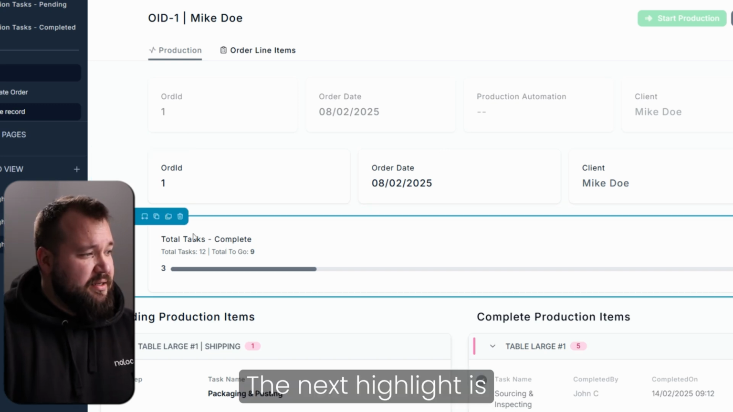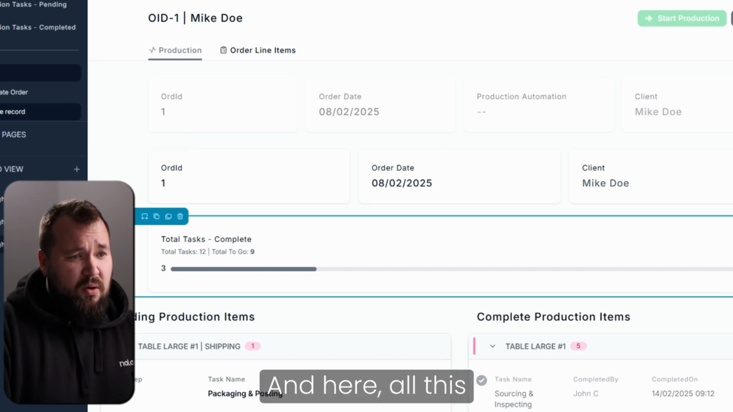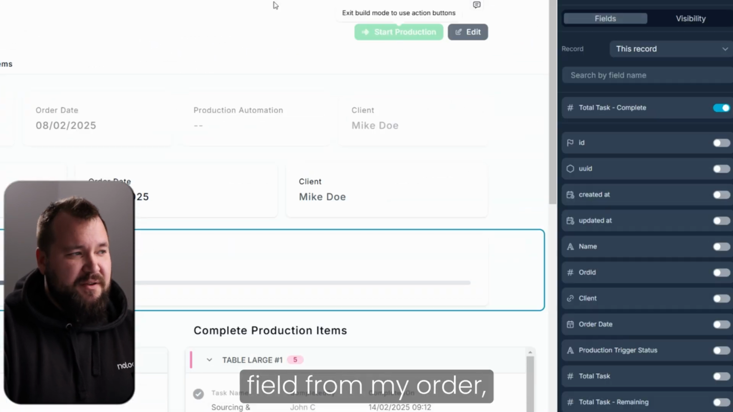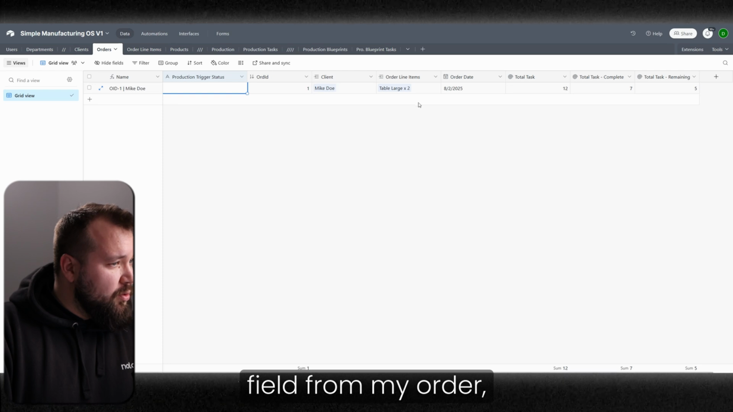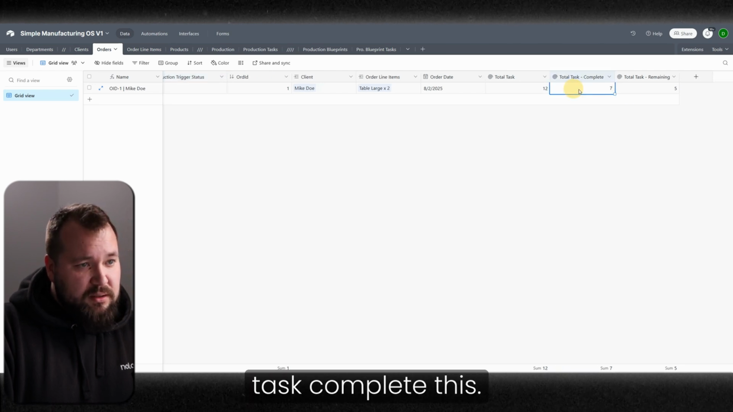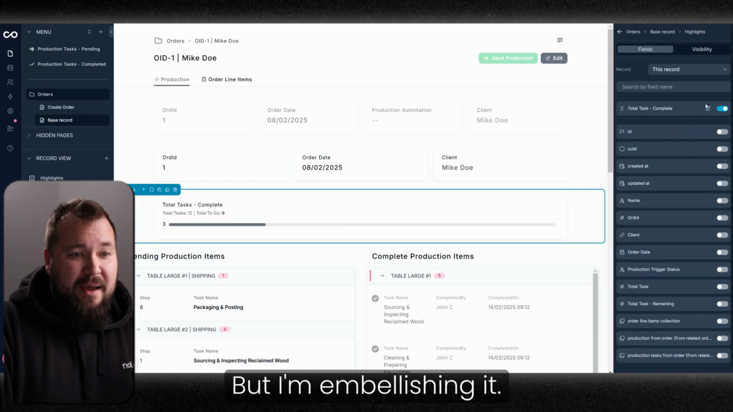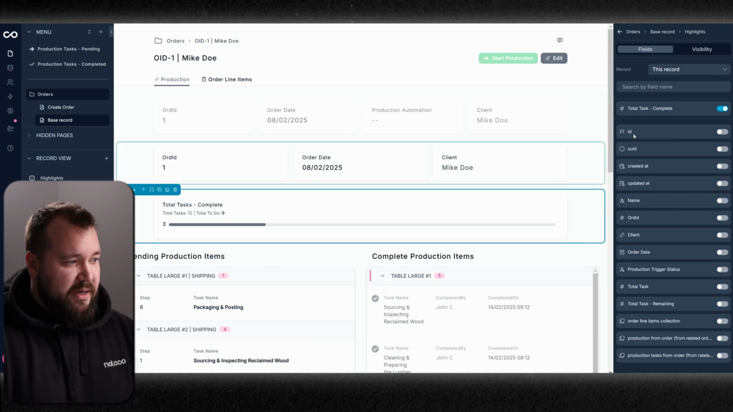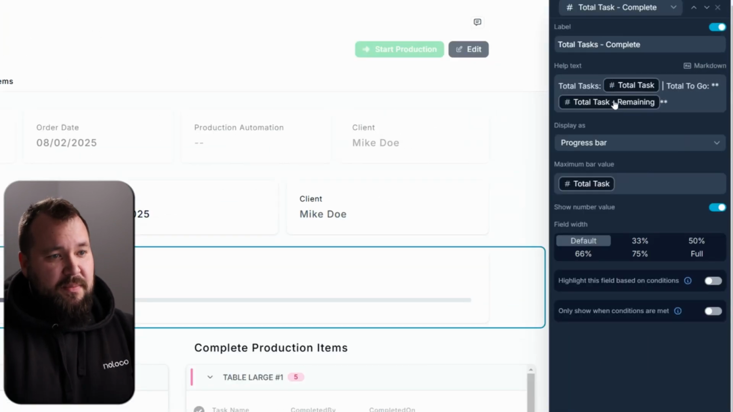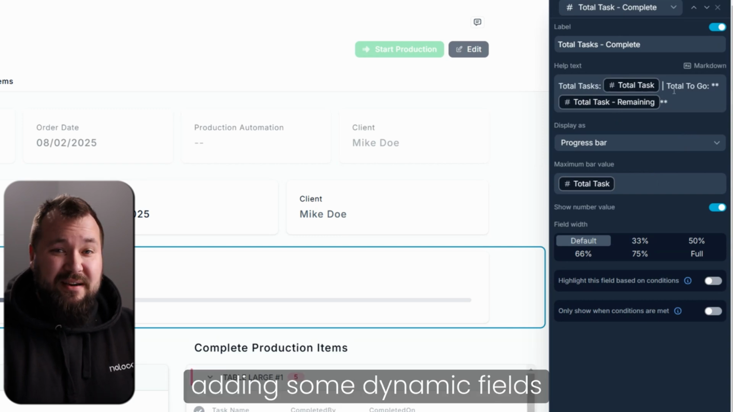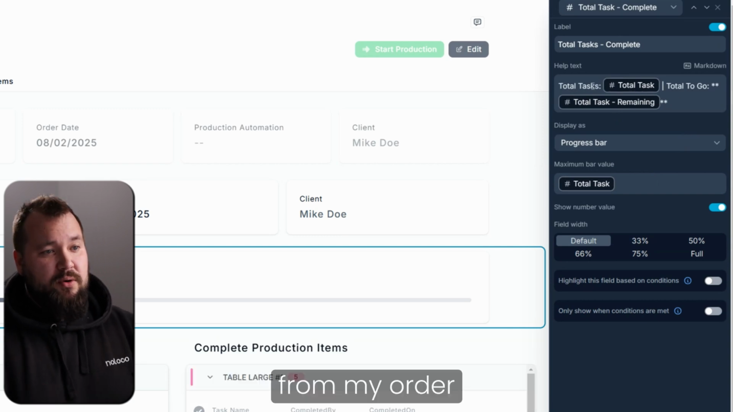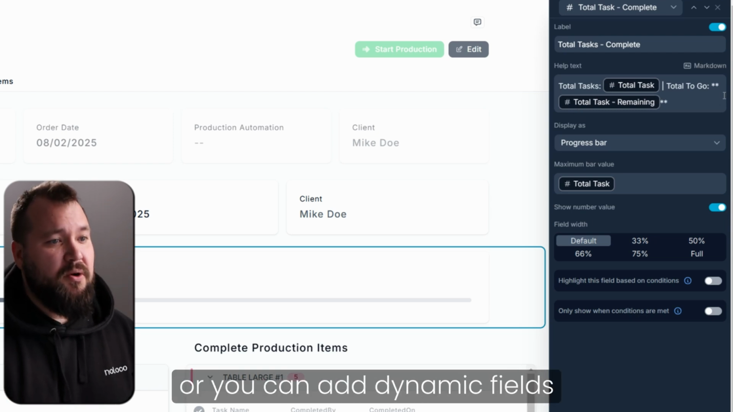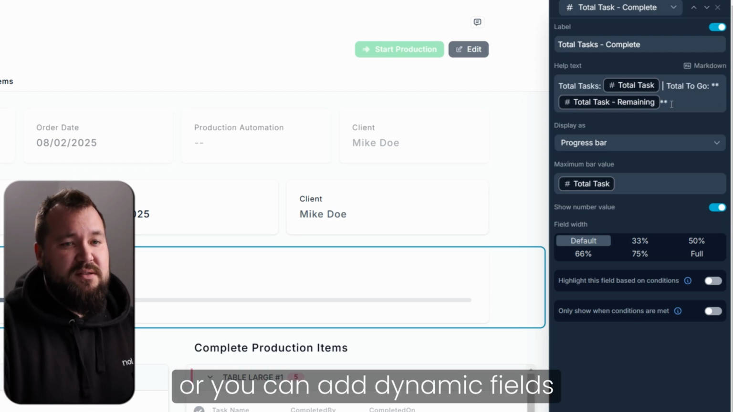The next highlight is just the total tasks. All this is really showing me is this total task complete field from my order, but I'm embellishing it. How am I printing this over here? You might be wondering. Very easy. All I'm doing is adding some dynamic fields from my order inside of the help text. And this is just one of the beauties of using Noloco. You can add dynamic fields into your help